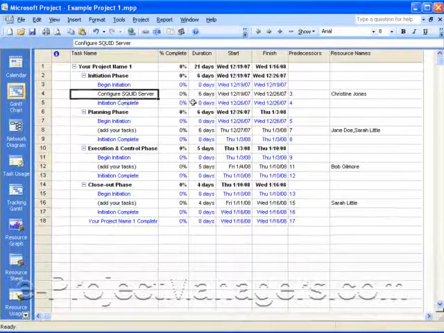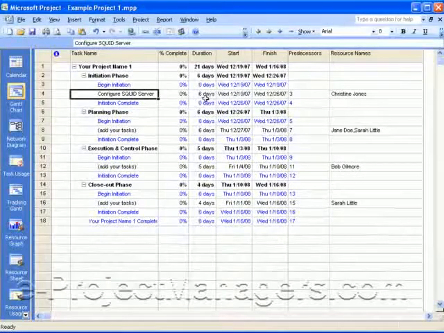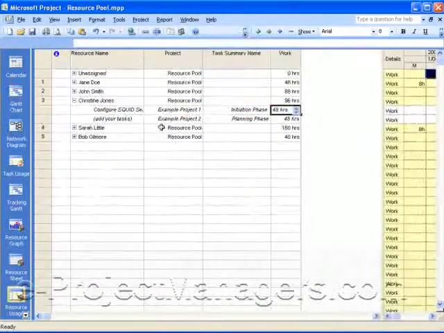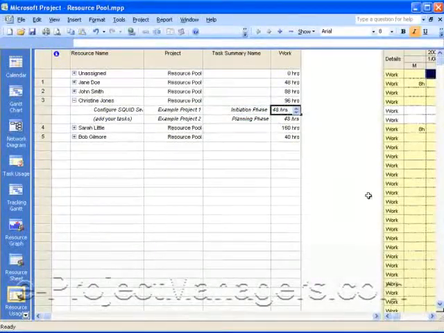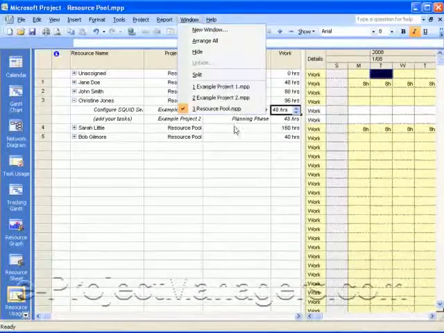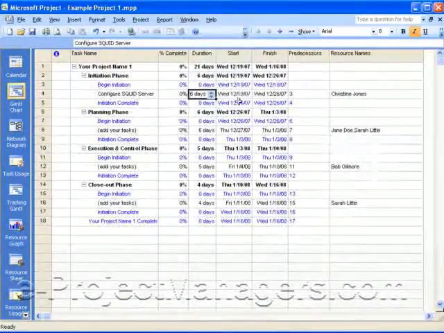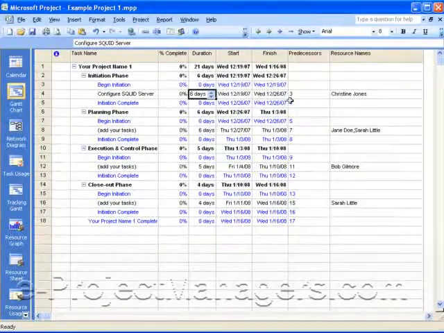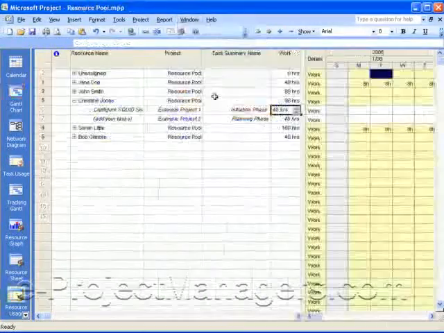So she's configuring the SQUID server and she's doing that for 6 days. When we go back to the resource pool, we can see she's got 48 hours of work. From the project schedule, when you look at it closely, you can see she's doing this from December 19th through December 26th. So if we go back to the resource pool,